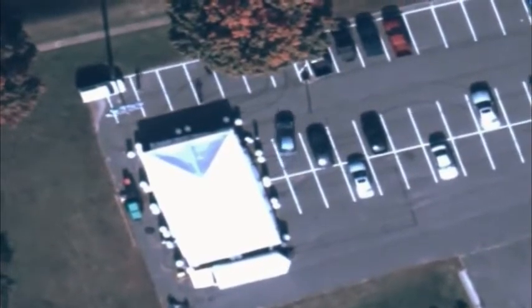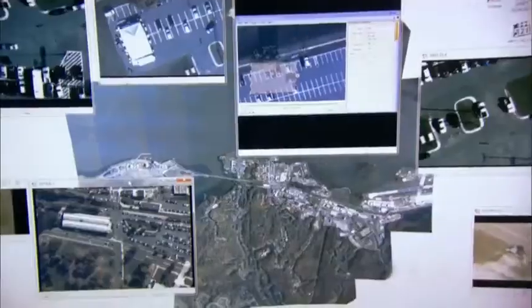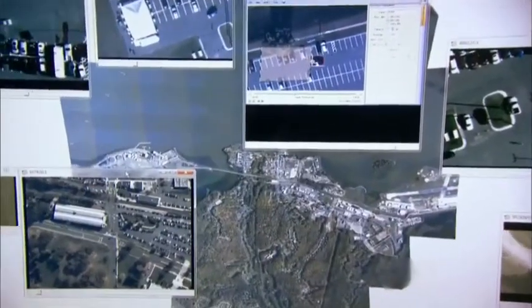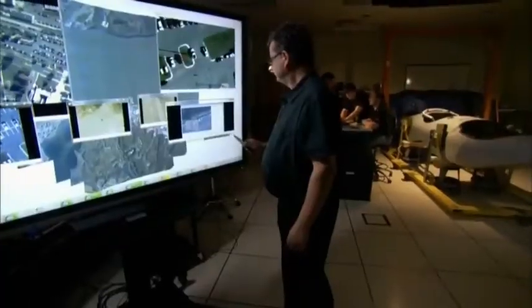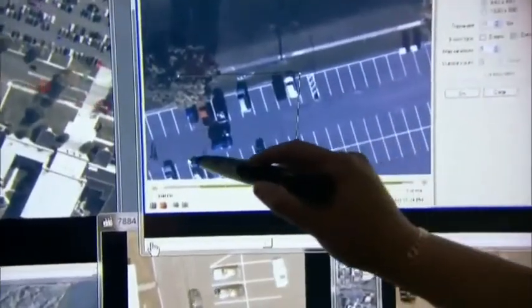Argus streams live to the ground and also stores everything, 1 million terabytes of video a day, which is the equivalent of 5,000 hours of high-definition footage. So you can go back and say, I would like to see what happened at this particular location 3 days, 2 hours, 4 minutes ago, and it would actually show you exactly what happened as if you were watching it